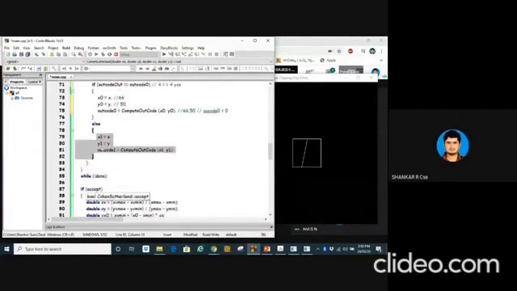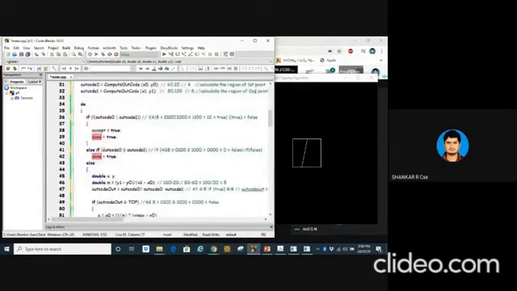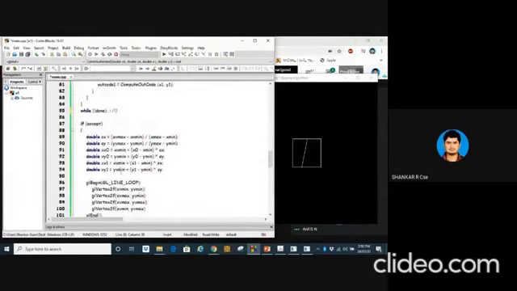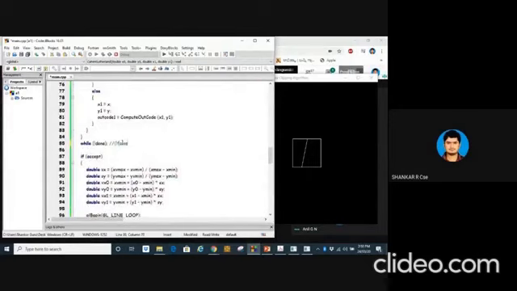So, you should keep on doing this as long as this is true. What he says now is not equal to done. Done is, we didn't go inside this, we didn't go inside this. So done remains false, and it is still not equal to false, means not equal to false, which of course is true. Not equal to true means false, not equal to false means true. So while true, yes, go inside